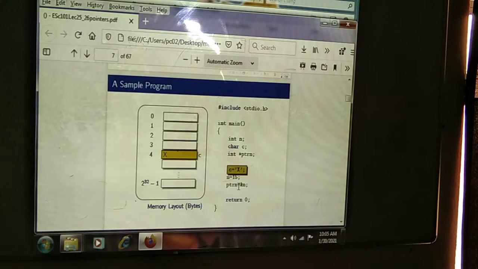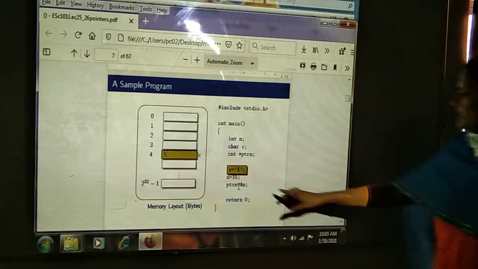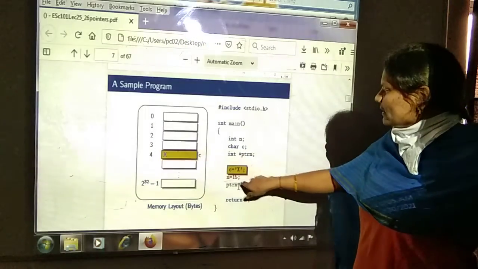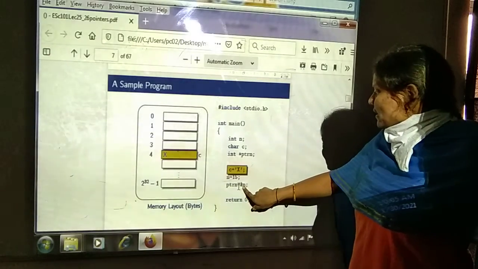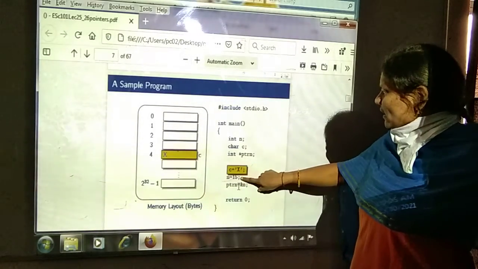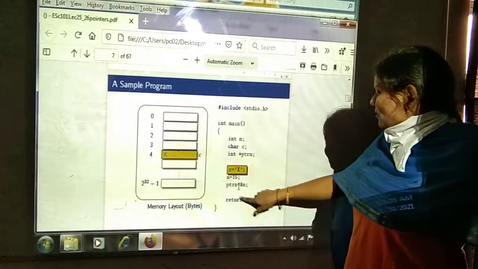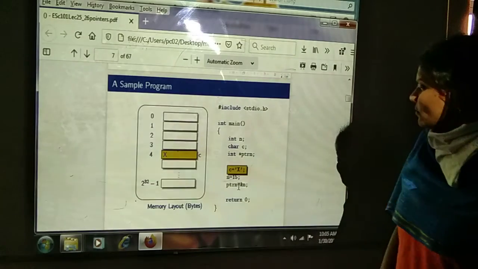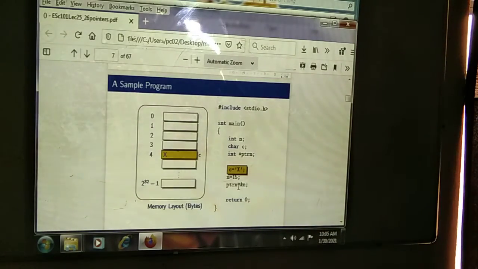The pointer variable is equal to the address of n. What is a pointer variable? A pointer can refer to the address of another variable. Which type of address can it store? Here pointer pn can store the address of integer type data, for example 15 can be stored. Next we return 0. This is the way of a simple declaration of a pointer variable.